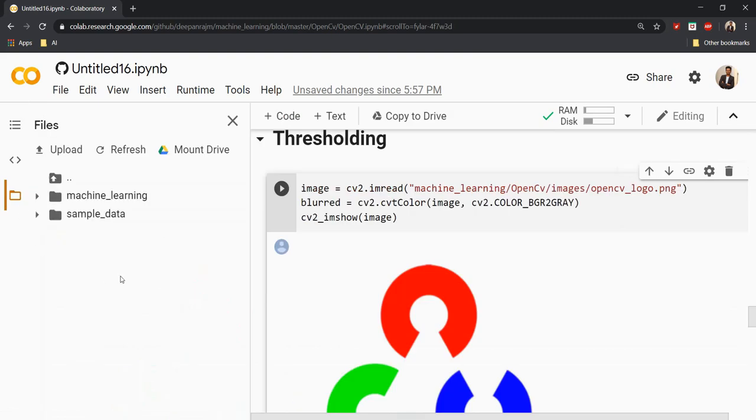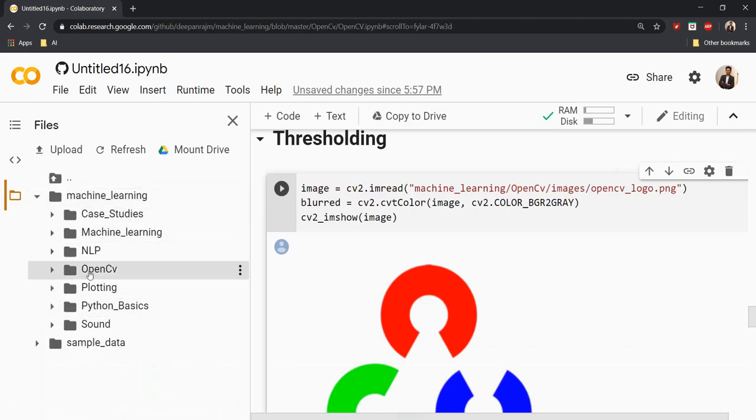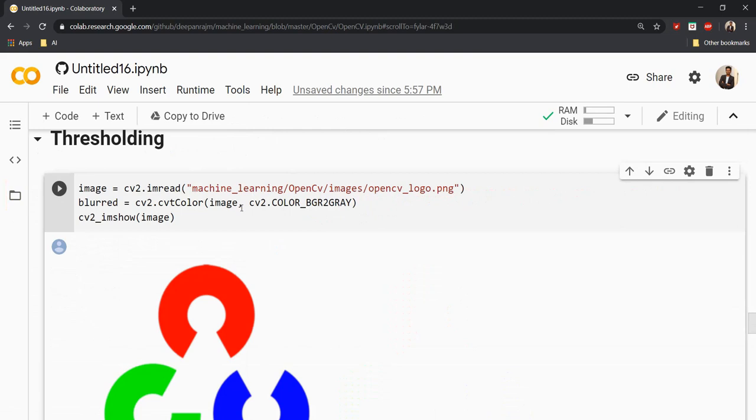It is inside my GitHub repository, which I've loaded in the collaborating notebook. You can also see another condition where I've converted this color image into grayscale, because for thresholding to work, it is better to go for a grayscale image since it works in a single dimension much better. So I'm converting the color image into grayscale. Here you can see cv2.cvtColor of the input image, comma, cv2.COLOR_BGR2GRAY. In this way we can convert a color image into grayscale.